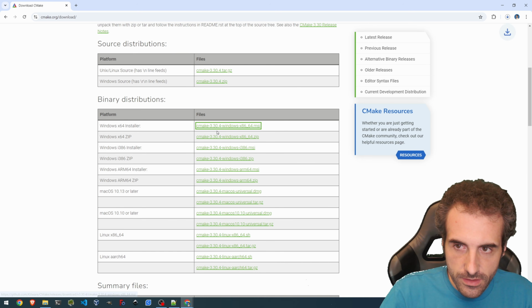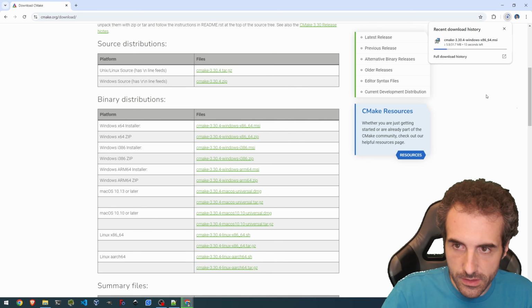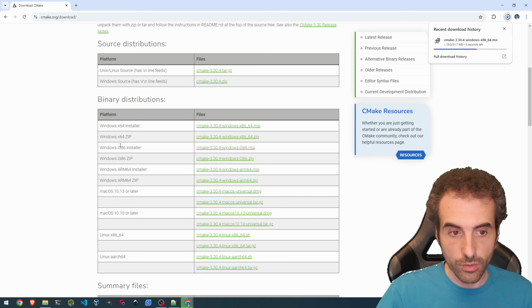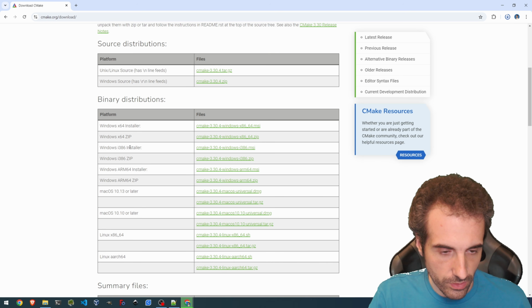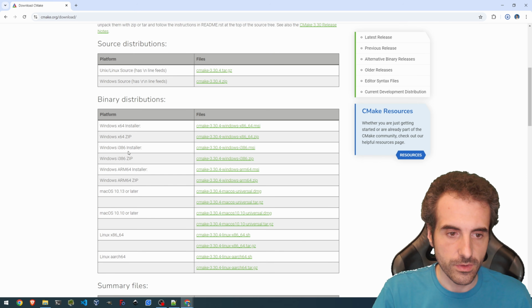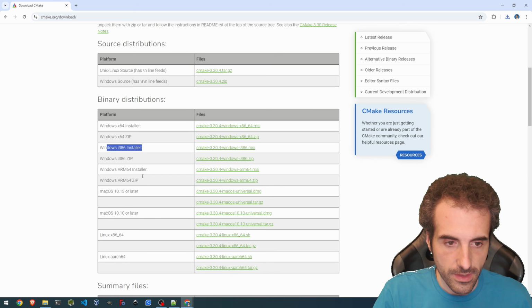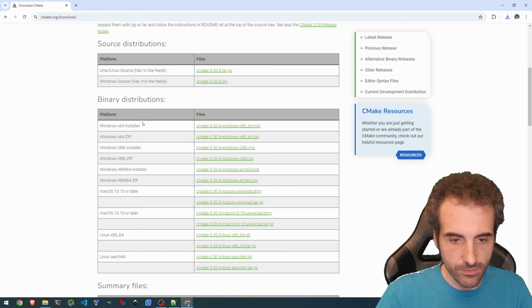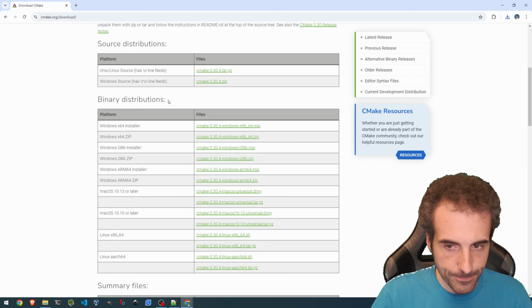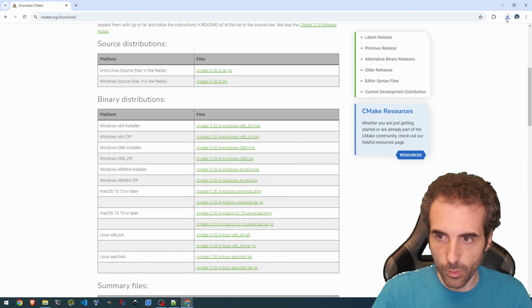We click on this, and this will be downloaded. It is an MSI, so this is for the x64. I don't know if you have i386, so a 32-bit version of your operating system. And you've got to install this. If you want it portable, there is this, but I don't suggest it, as we have everything with the environment variables and everything. Okay, so once we